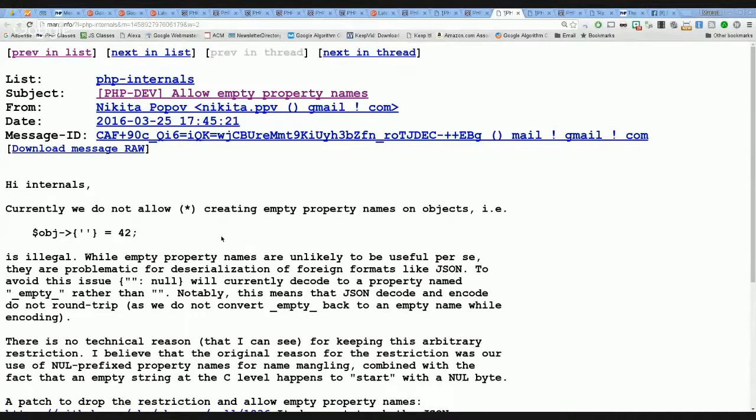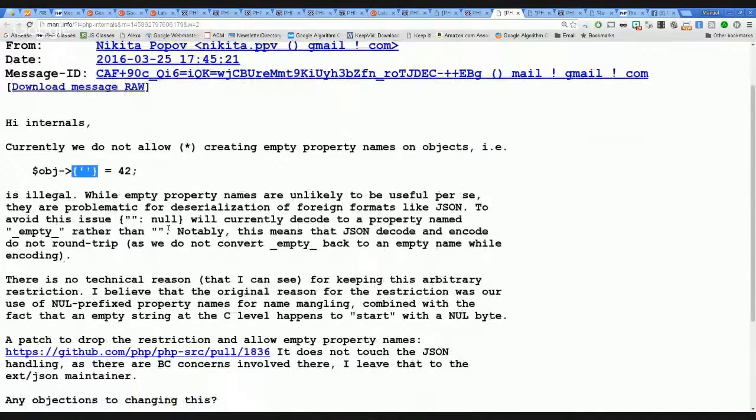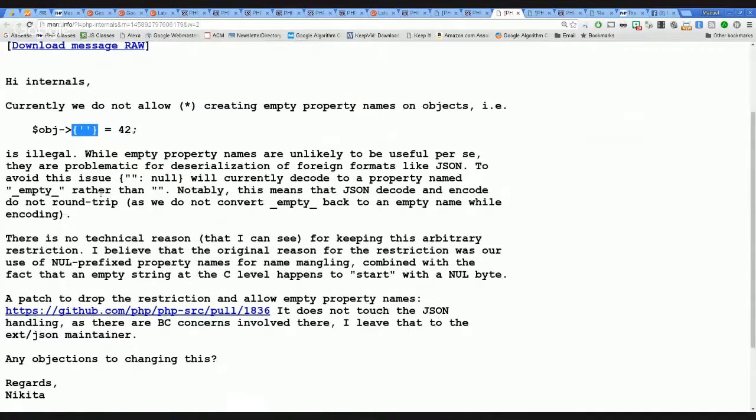For instance, when you want to assign a variable of the class that has an empty name, you would do it like this, but currently PHP does not allow it because properties must have names.